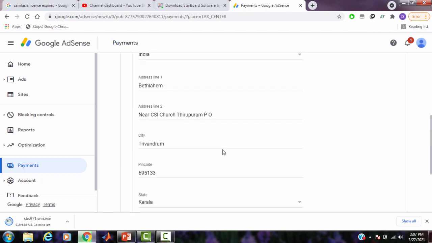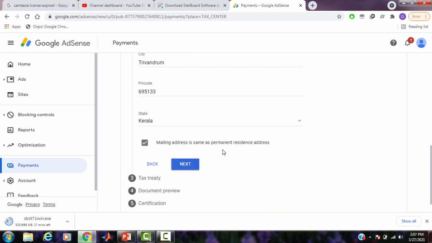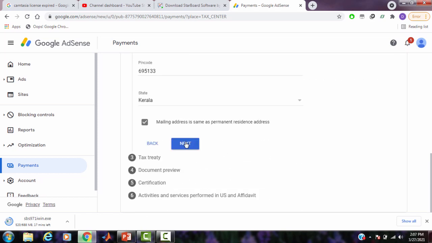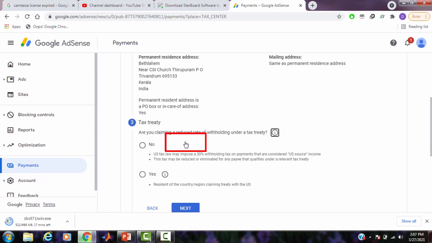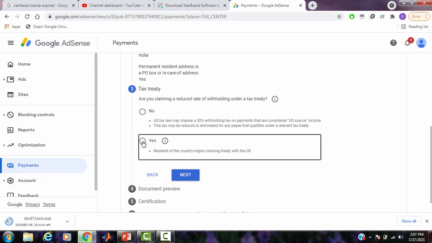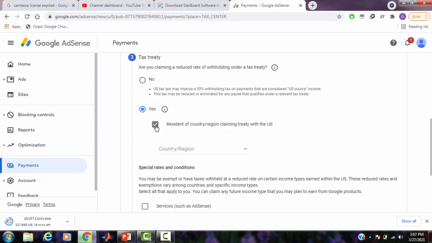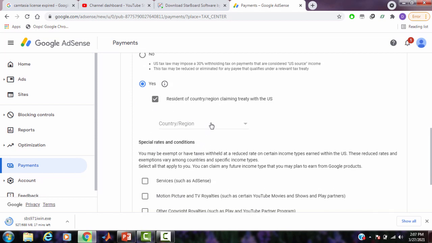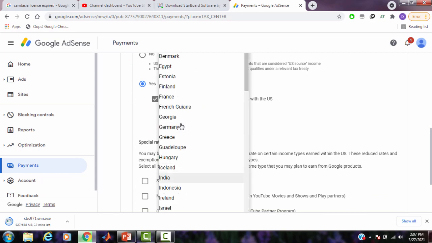If it is the same as your permanent residence address, tick the box and select Next. Next is about the tax treaty. Are you claiming a reduced rate of withholding under a tax treaty? You select Yes. Tick the box below that. Select the country in which you are living. Here I am selecting India.